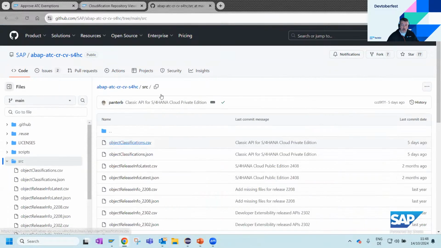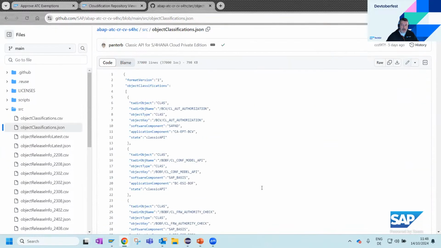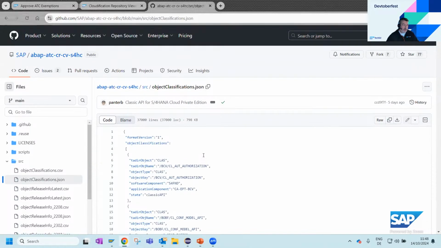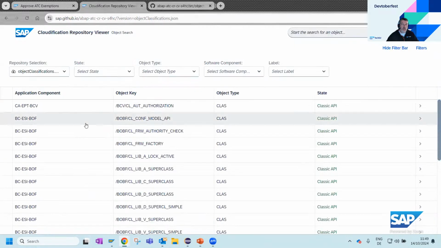And when you go to the source file here, you have these object classification files where you find all the information about the BAPIs and all the other APIs which you can use, as for example in a wrapper that I have shown in the demo, so that you can wrap this functionality. All these objects that can be used in tier 2 are specified in this file here. That's maybe not so nice to read through, so it's okay for the ATC, but when you want to